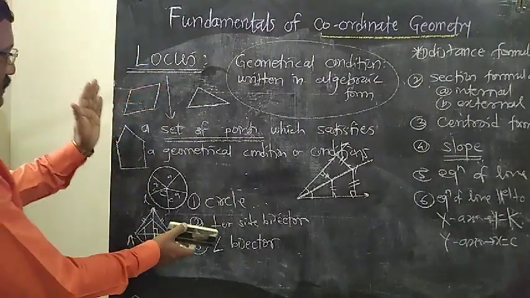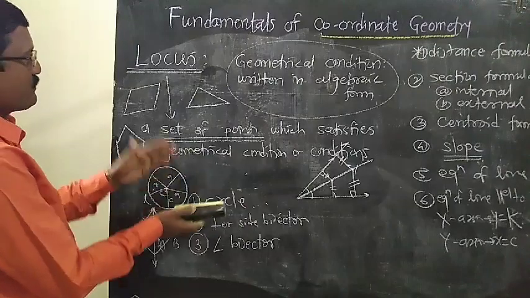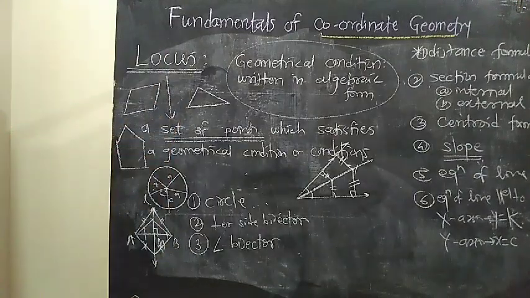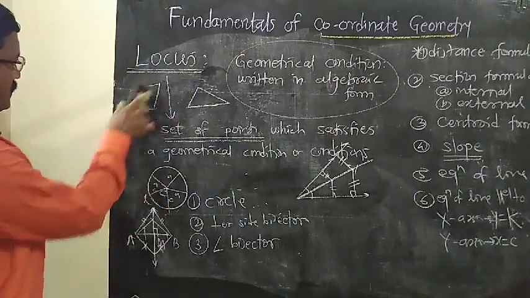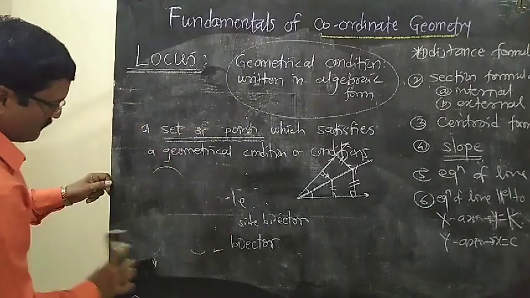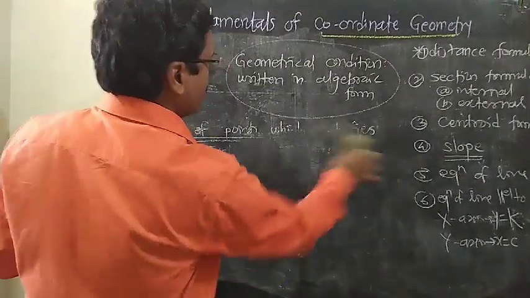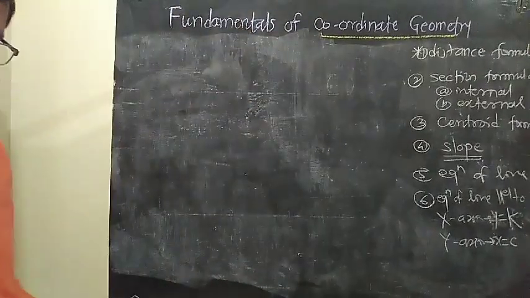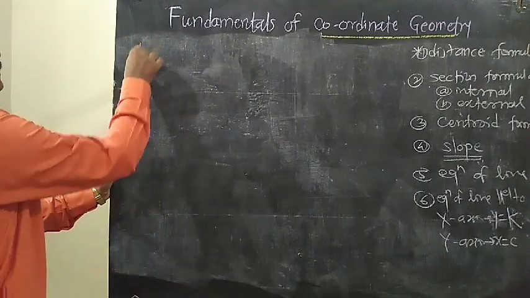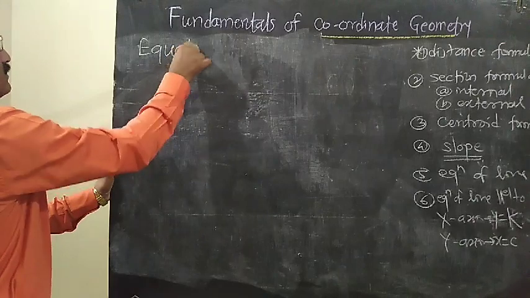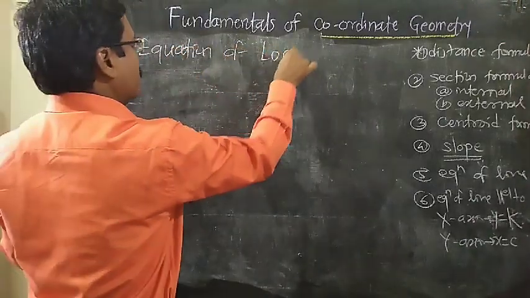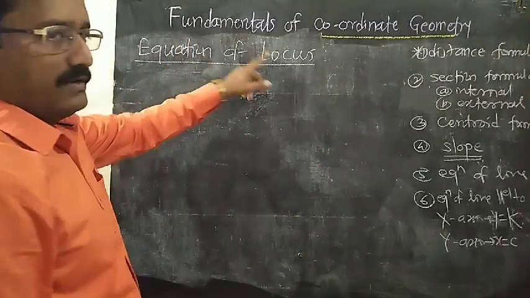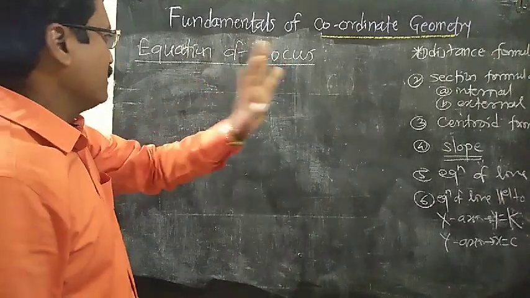So this is the difference between these figures. These are the two groups of geometrical figures. One group is of locus and the remaining are non-locus. So in this first part we have classified the geometrical figures. Then how to find the locus is the question that remains. Let us see how to find the equation of locus, that means equation of line, equation of circle, equation of angle bisector, equation of perpendicular bisector. That type of question is here.